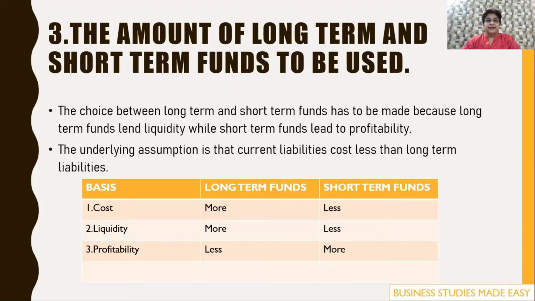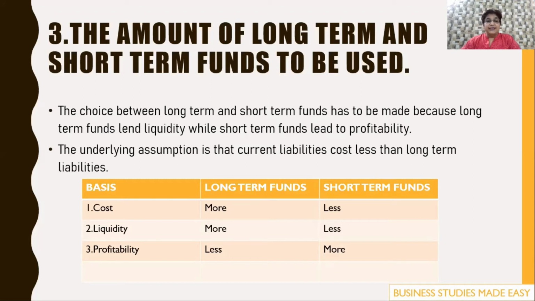Now let us take another example. Suppose the finance manager has raised a finance of 10 lakhs, and for 10 years, that is long-term. So if he is going to pay interest for 10 years, that is definitely going to be more than if he takes 10 lakh for 1 year. If he takes a loan for 1 year, then the interest that he's going to pay will be for 1 year. Therefore, long-term loans are more costly than short-term loans. So this point goes in favor of short-term loans.